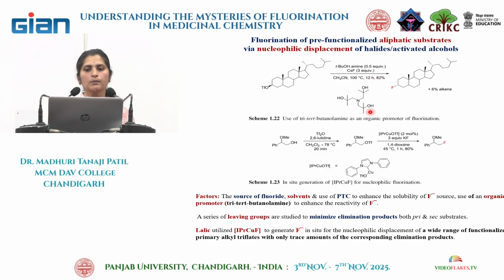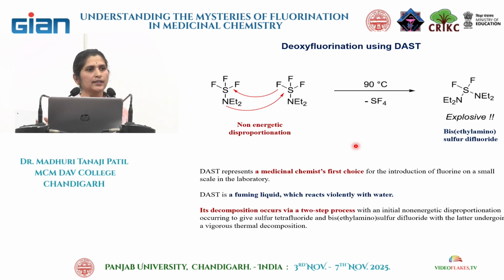So that can be reduced by using such kind of promoter. So this is one method in which you can introduce fluorine on aliphatic substrate. Another method, you can use such kind of catalyst, and you can again use that catalyst along with KF, and you can do nucleophilic displacement. You can displace OTf, and you can get fluorine there. So these are the methods for introduction of this fluorine by displacing triflate or some halides, okay, bromide or